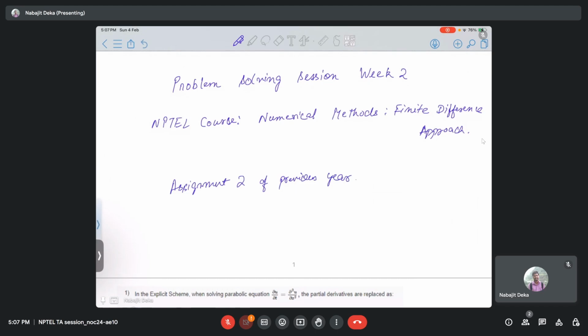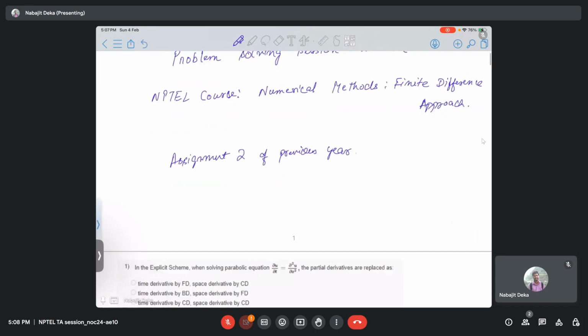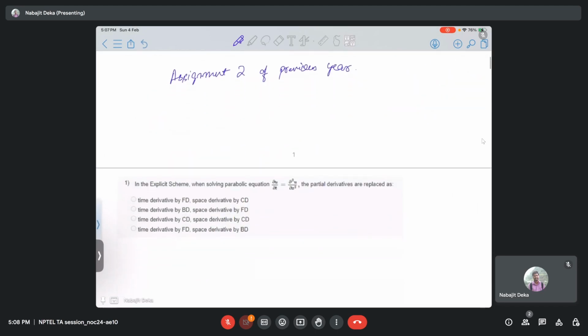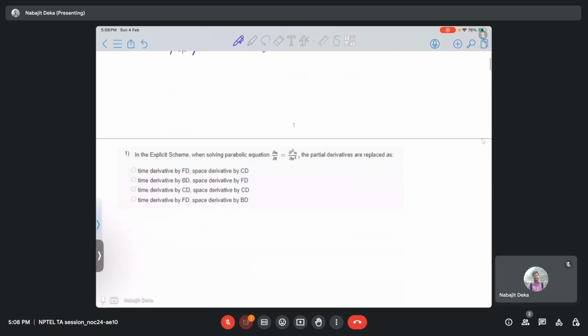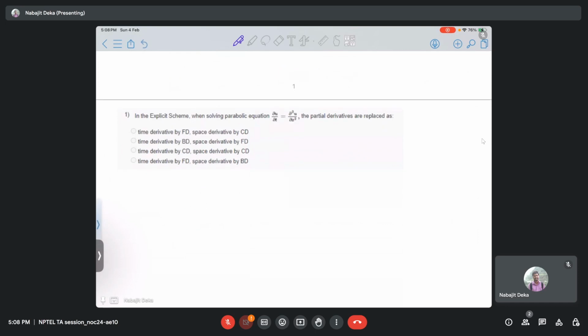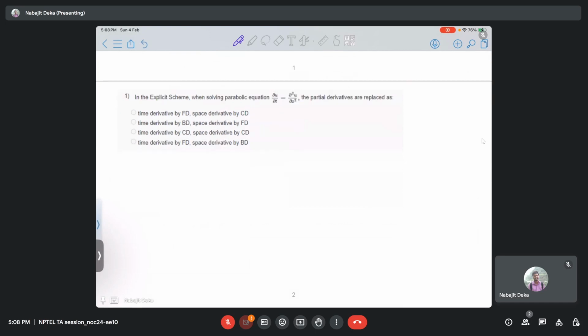That will help you to solve this year's assignment also, because that will be covering lectures 6 to 10, from which effectively assignment 2 is being asked this year also. Okay, so the first question: in the explicit scheme, when solving the parabolic equation,